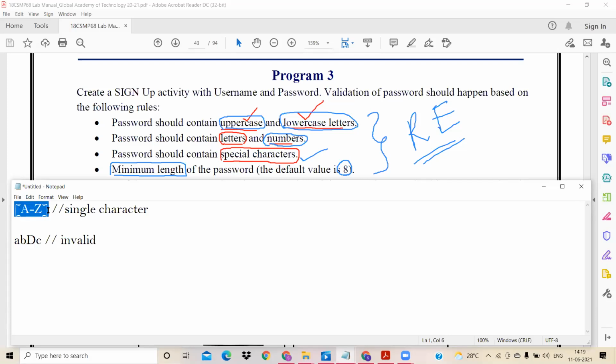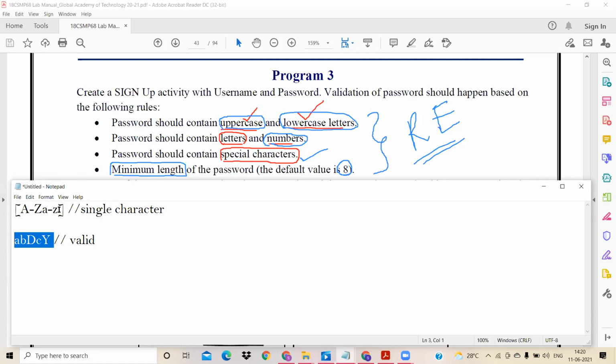So this square bracket indicates that I'm going to match at least one character in this range. You see that I've included D here, so therefore it is valid. Let us assume I've included uppercase 5, then also it's valid. Why? Because I'm having at least one uppercase character. Is it right, students? Now, here we see that you should have both uppercase and lowercase. So inside this, I'll write small a to small z. And now, is it valid? Yes, it is valid.